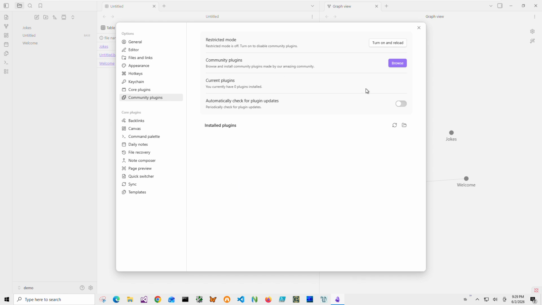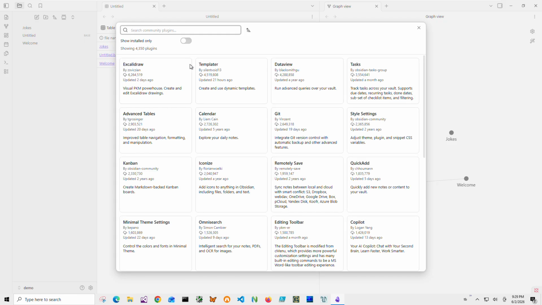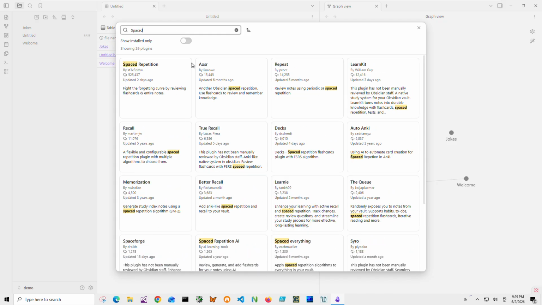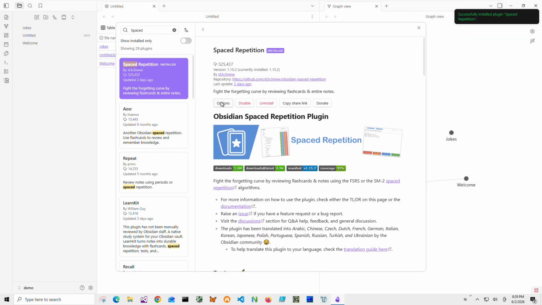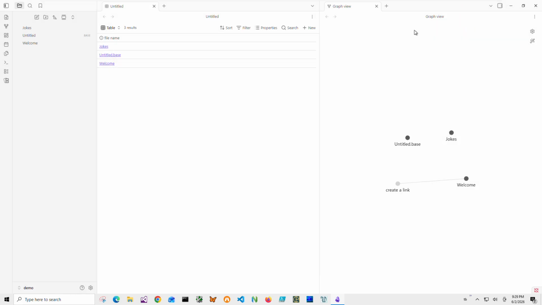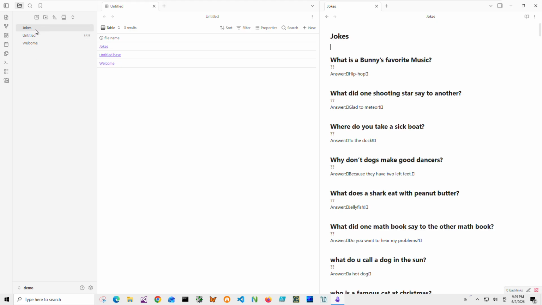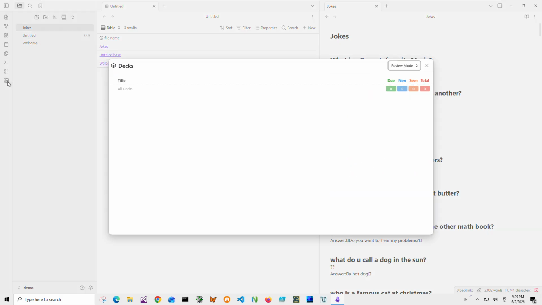Then they become available. Then you quickly browse, and we need spaced repetition, and we will install it. Community plugin installed, we enable it, and now if I go to jokes, I can